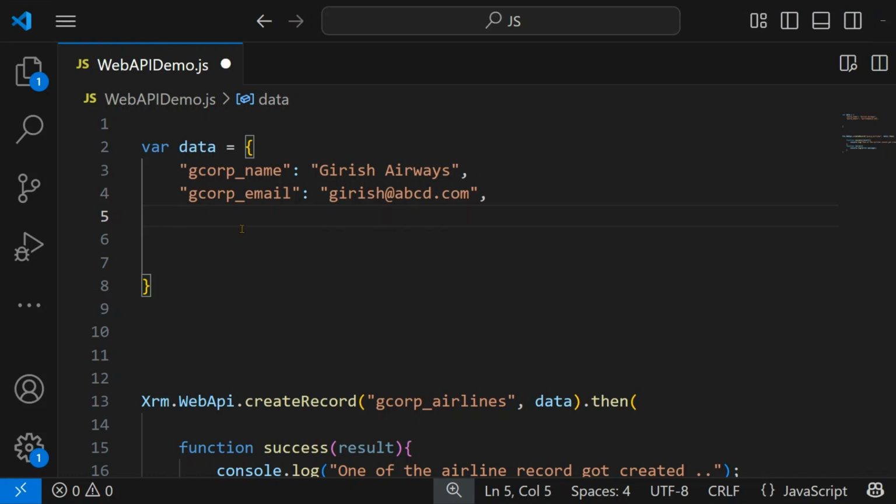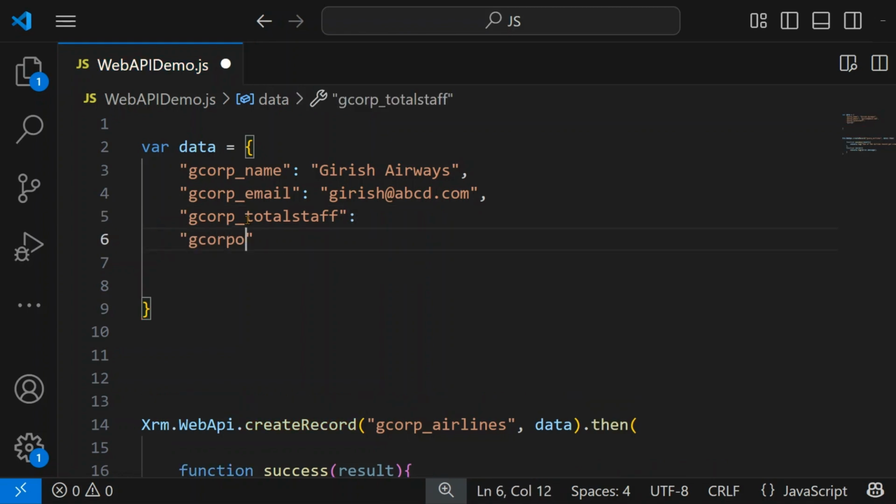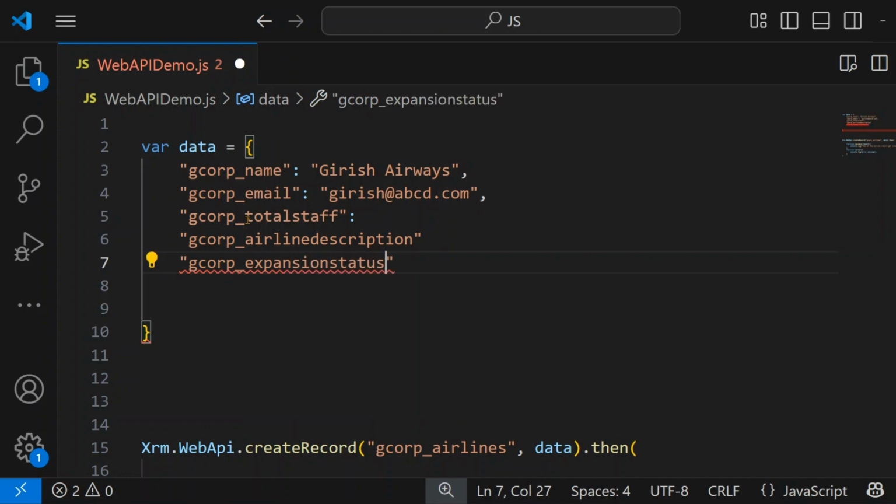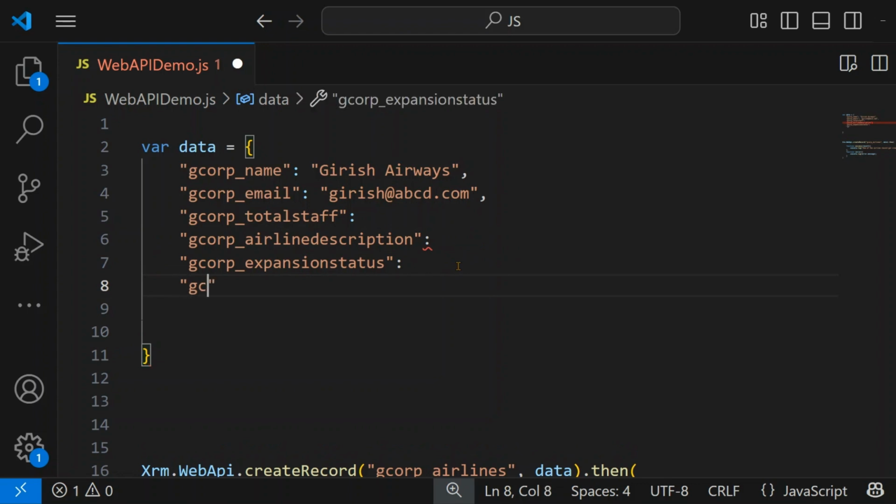So let me just pull this over here, and I will first write down all the names. Okay, so we have total staff, then we have gcop_airline description, then we have gcop_expansion status, which is a drop down, a choice value, which I will show you how to extract the value. And then we have an audited date, so gcop_